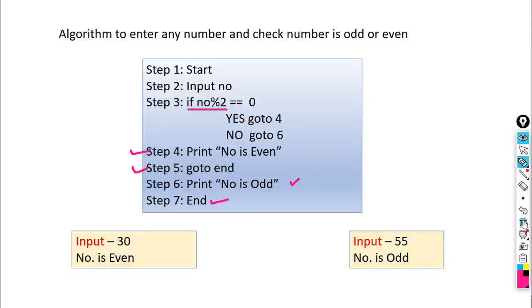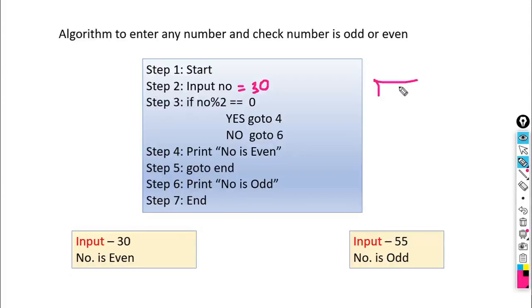Input 30. When we enter the value 30 as input, how will it get executed? This NO will be assigned the number 30. Then if NO modulus 2 is equal to 0. When we divide 30 by 2, it gives you 15, and 15 2s are 30.